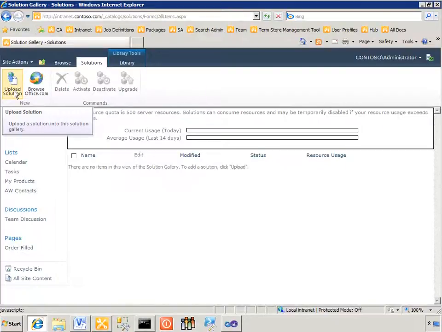And within that WSP is a feature that you can turn on. It will turn on for you. You'll turn that on, and then that workflow will be available to you to associate with a list or a library. So we've exported our